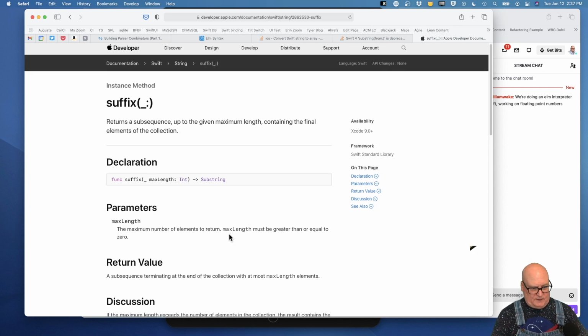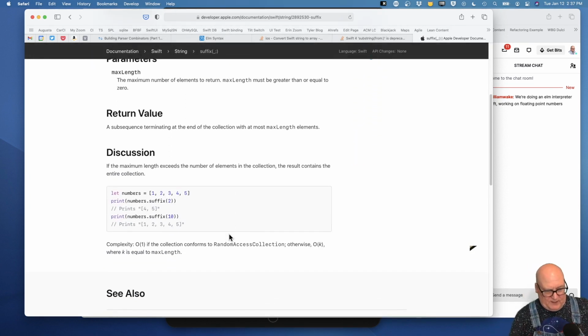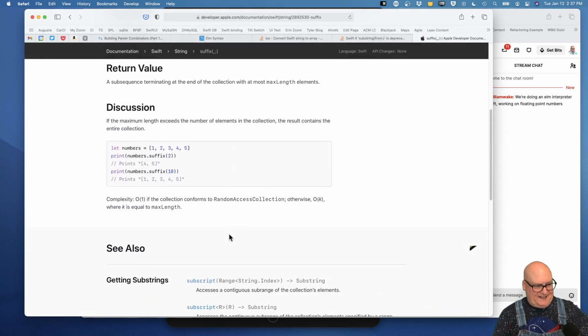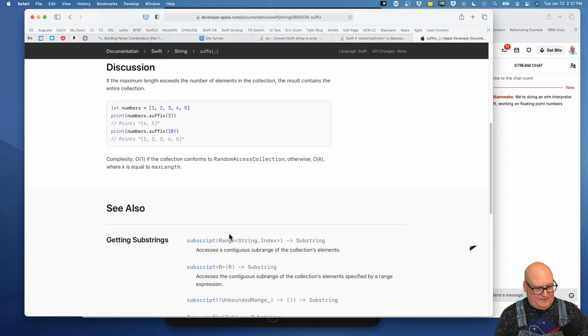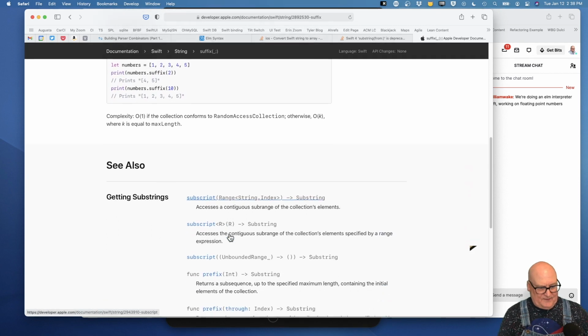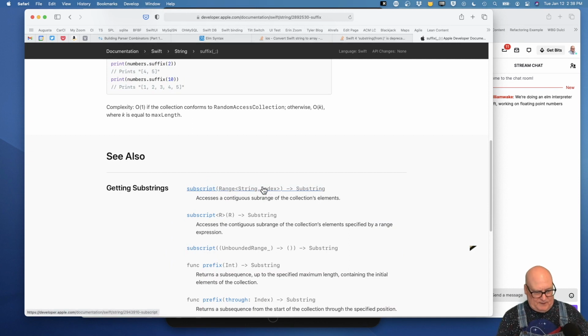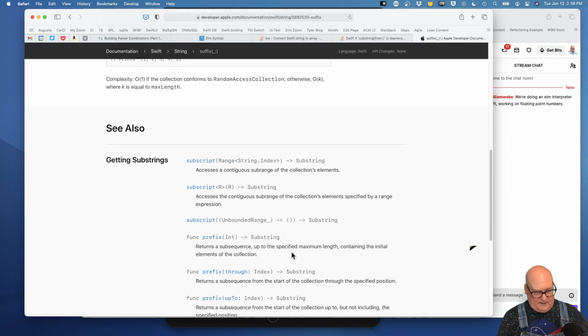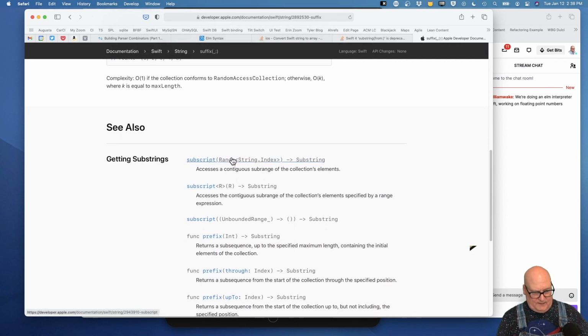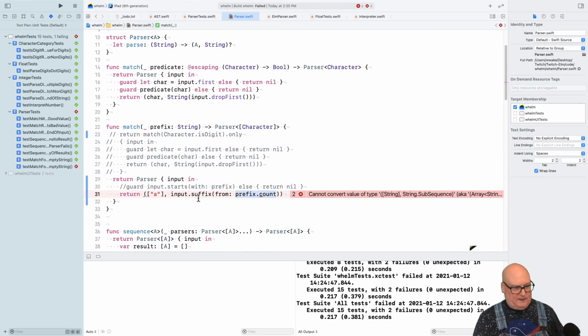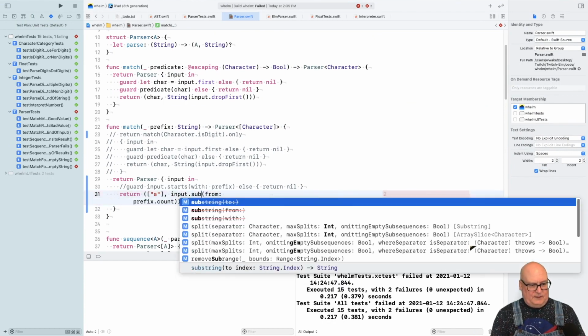Number of elements to return. Ugh, that's backwards from what I want. Okay, guys. Suffix 2 gives you 4, 5. Subscript gives you substring. Well, maybe that's the way we can go for now. Subscript. Input.subscript